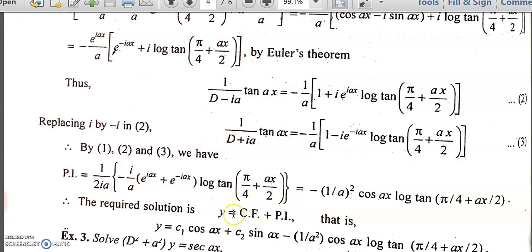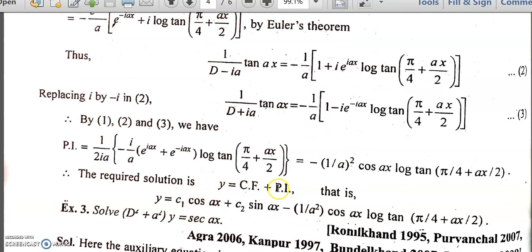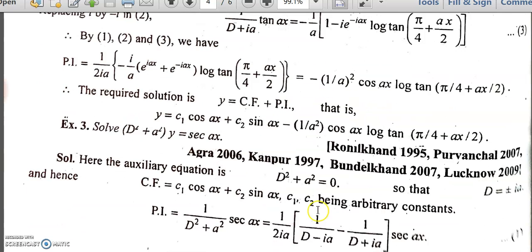Okay, so our required solution is y equal to CF plus PI. So CF is as it is, and PI is what you get, right? Okay, so here is some